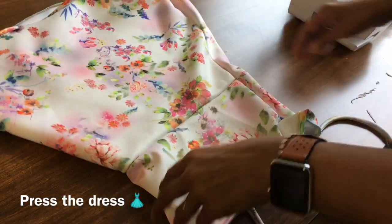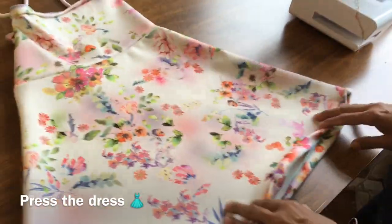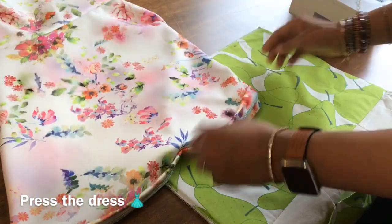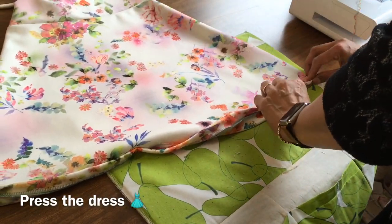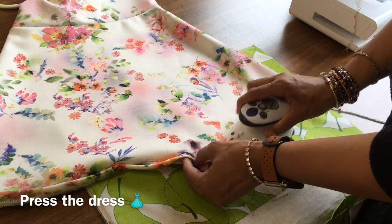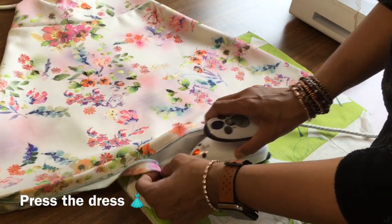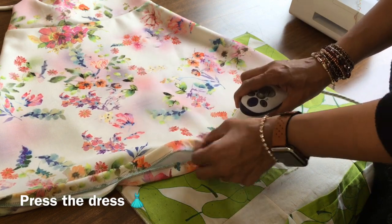Right, so there we go. There's the dress made on the overlocker. So you have the option of hemming that by hand or by twin needle on the sewing machine if you don't want to do it on the overlocker. You can finish it with just a serged edge, which sometimes looks just as good like that. But use a little bit of steam. Make sure that the overlocker is facing upwards. When you